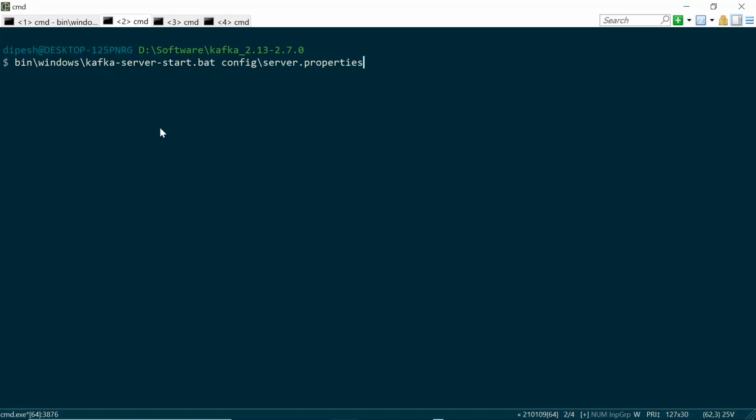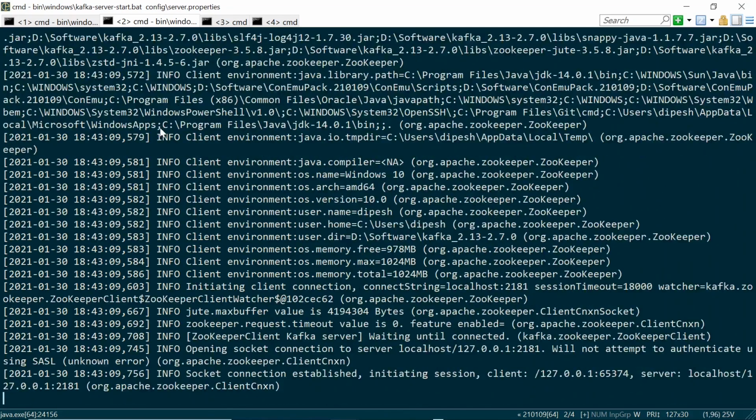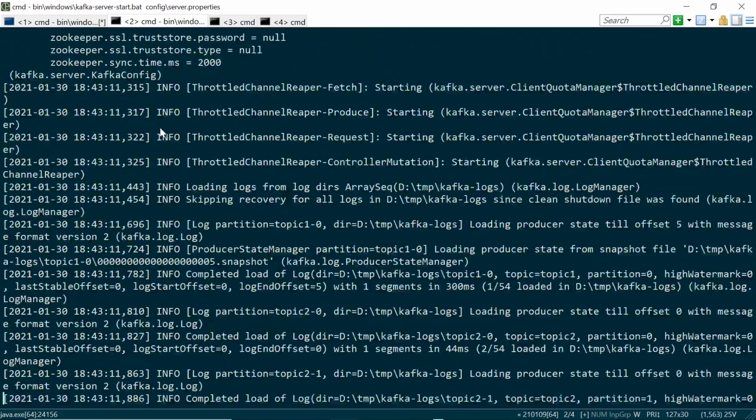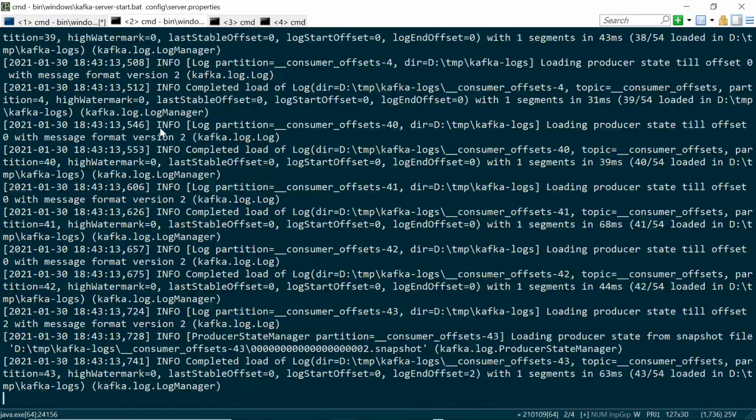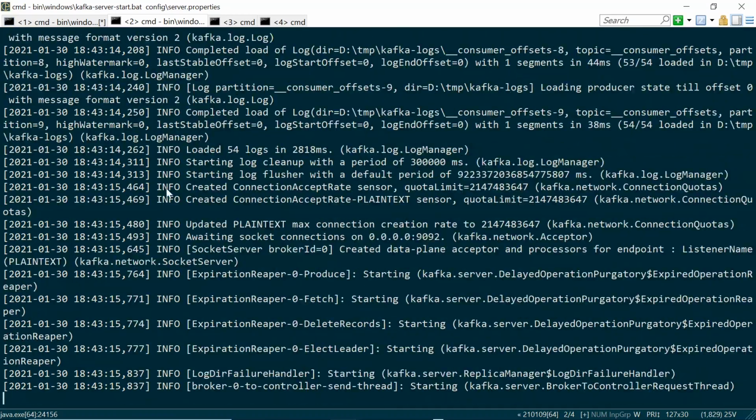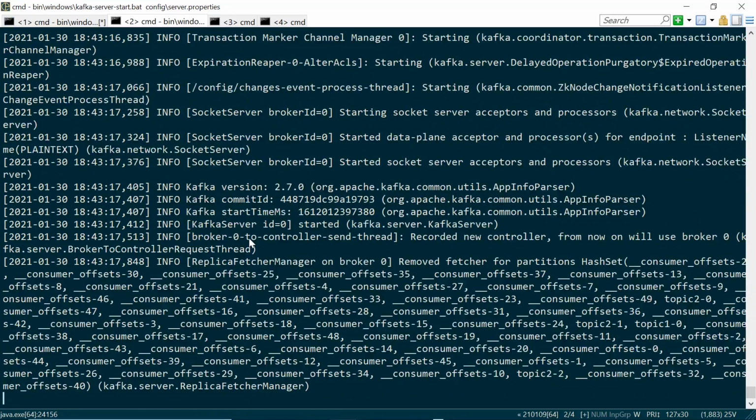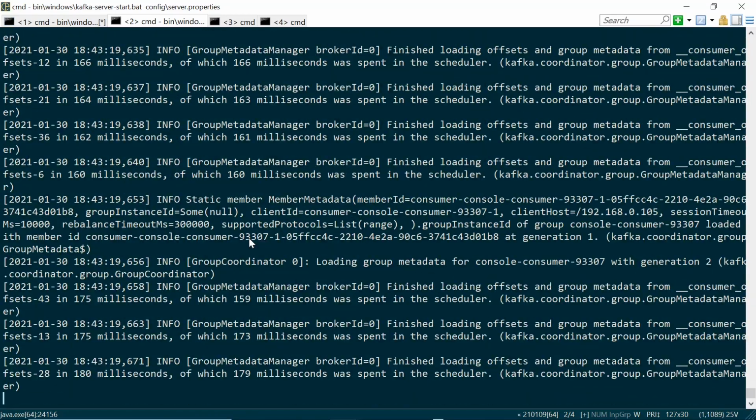This property file contains the broker ID. It also contains the path to Zookeeper. By default, it has the localhost 2181 path, so we don't need to change anything here. We will start the Kafka server. Once it is started,